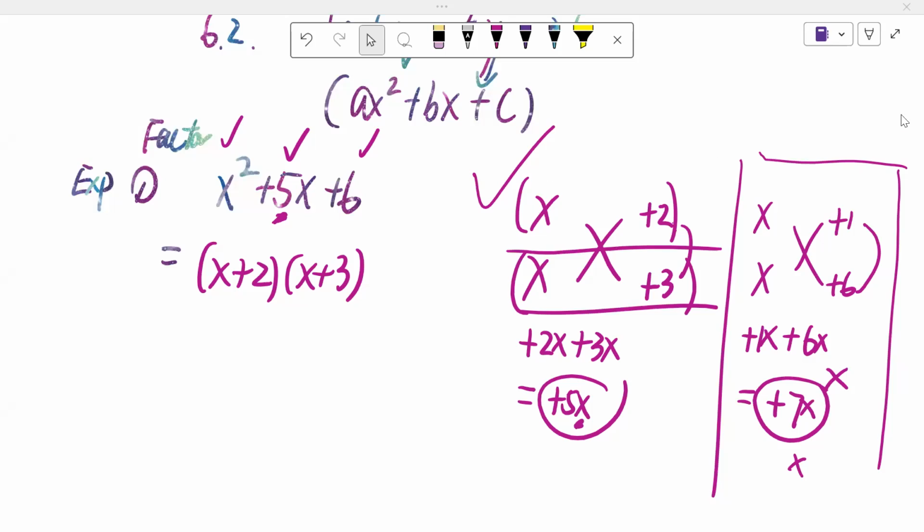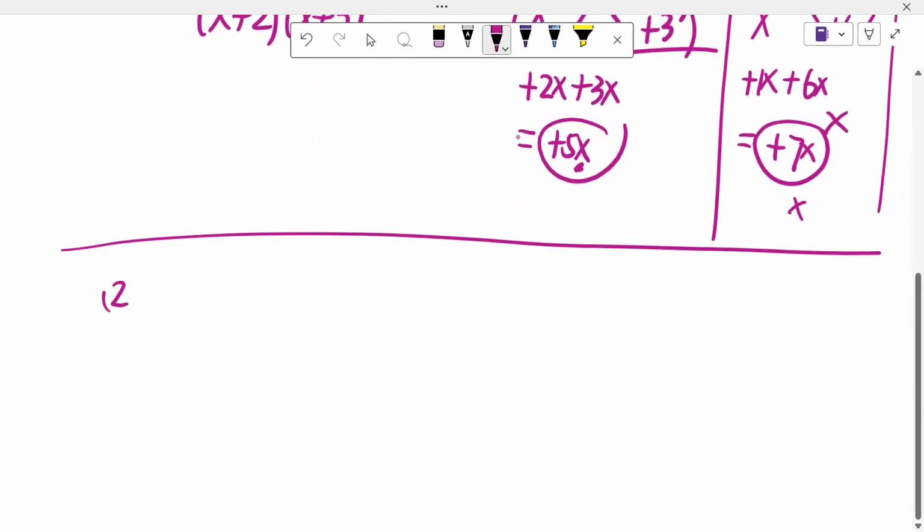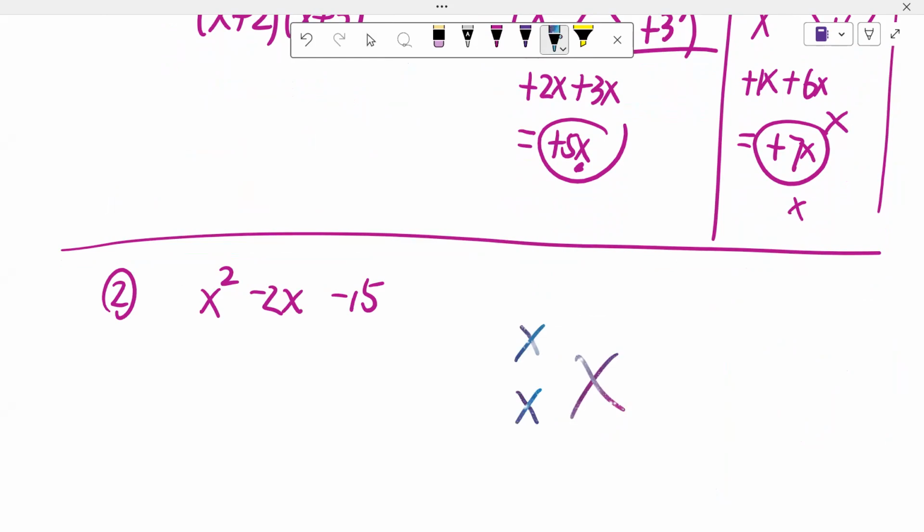Okay. So let's try another one. Let's say we get something like, let's try our second one, x squared minus 2x minus 15, right? We'll try to factor this. So again, we break down x squared, right? Only way to break down that will be x times x. No other way, right? We're gonna break down the power evenly, meaning we always end up with x times x. Always the case. And then let's break down